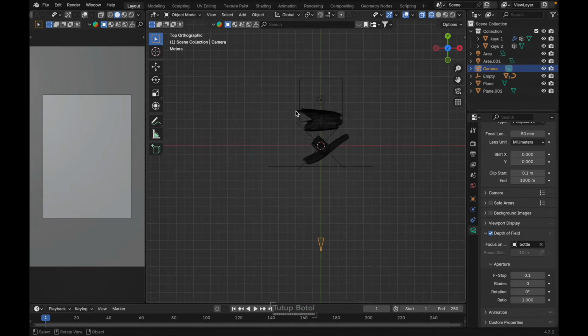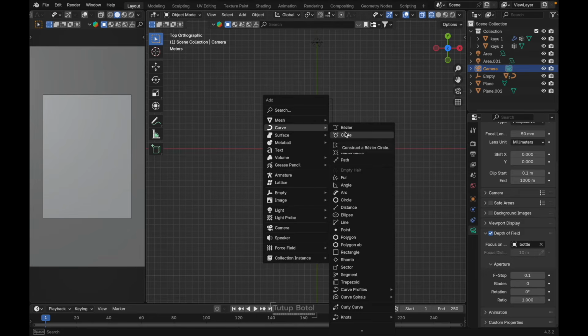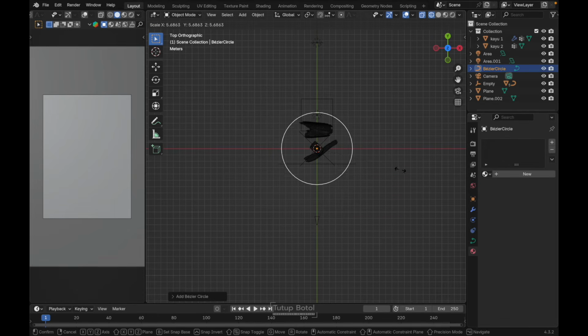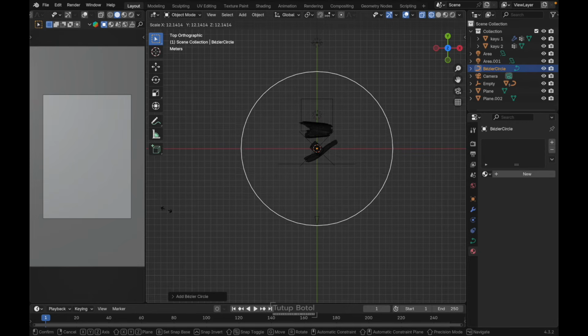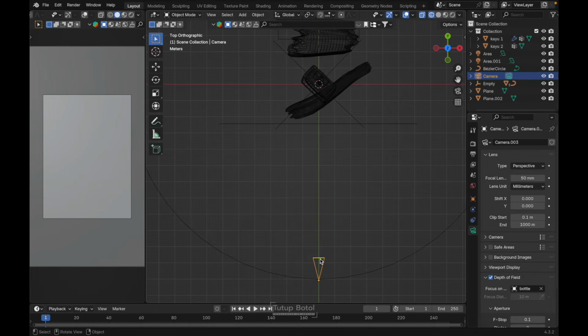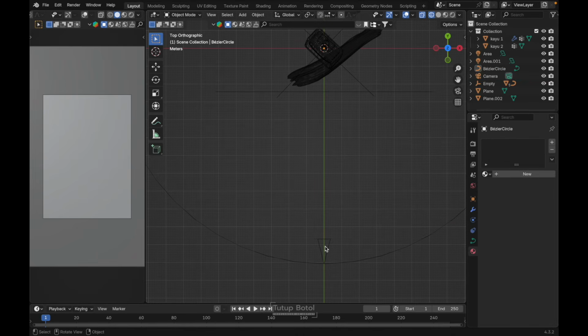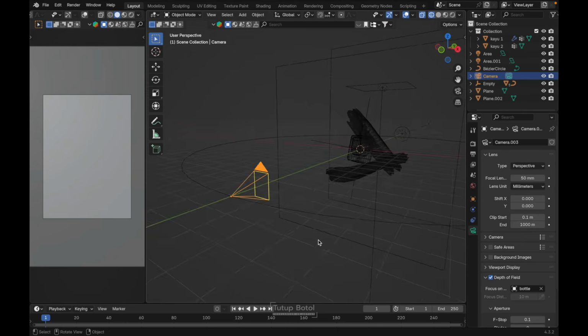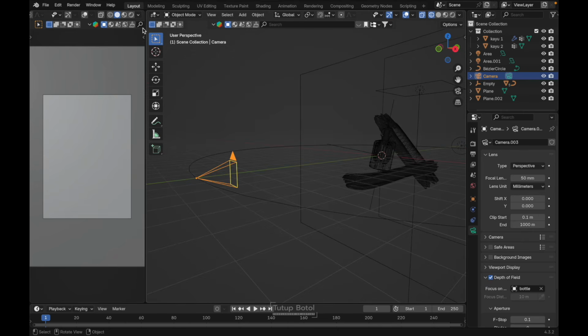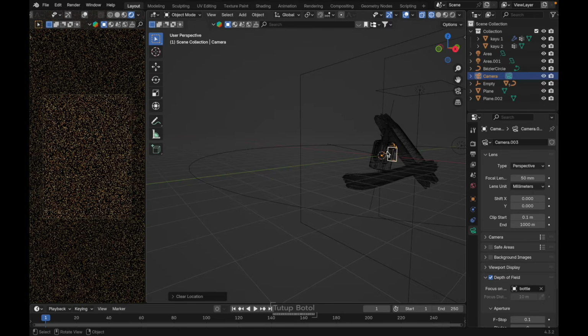Let's close this one, go to the top view, press Shift A, curve, a circle, S to scale it up. Make sure you scale it like this. The edge of the Bezier circle here should be something around the camera object. Okay, just like this. Then let's go back here to the viewport shading. Then we can press Alt G to reset the location of our camera.